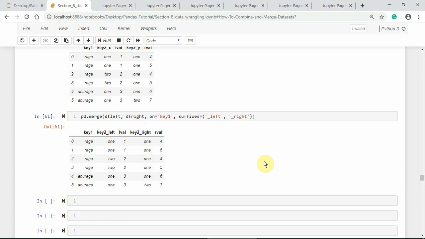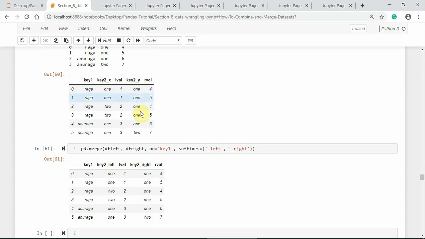Notice that key2_x has been replaced with key2_left and key2_y has been replaced with key2_right.